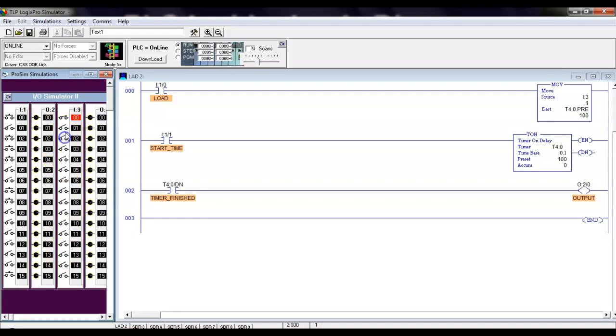Of course, the biggest number I can put in here is 32,767, so we'll be careful. And if you notice over here, if y'all can see this, every time I come over here and change this,